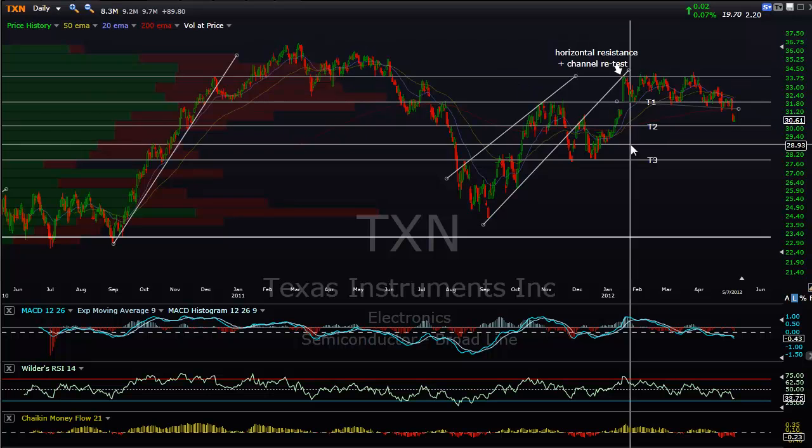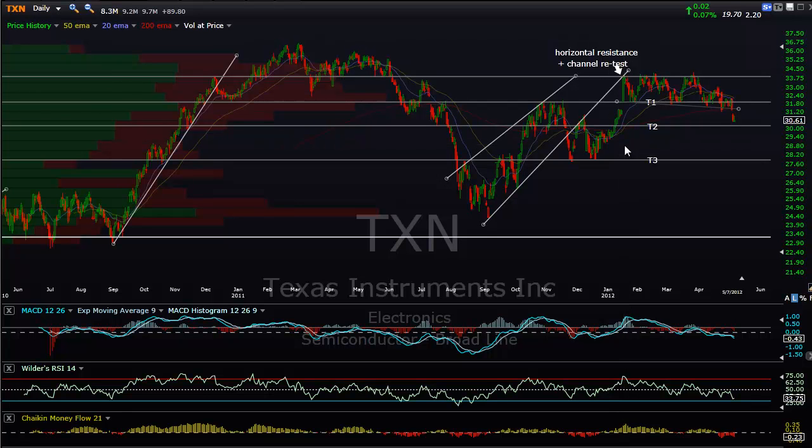It's been on the site since back in looks like January or so. This trade was a short on a retest of this broken uptrend line here, as well as this horizontal level. And we hit T1 very shortly after the trade was entered. Had several other entries that I posted as prices bounced back off the first target level,